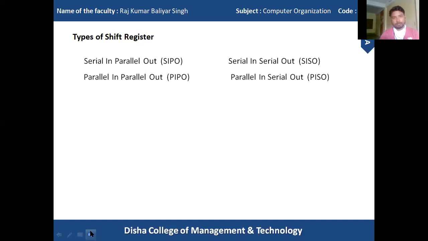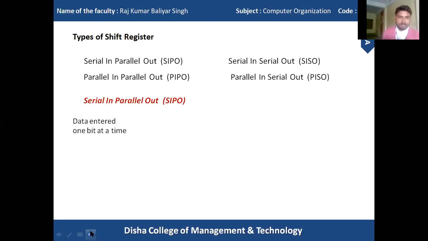Apart from that, we have two more shift registers: the bidirectional shift register and the universal shift register. We'll discuss those later.